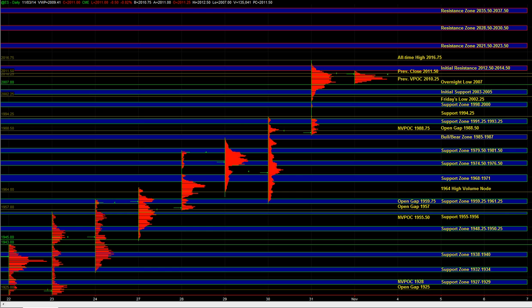On the downside, below the overnight low, we have support at 03 to 05, and in order for buyers to really remain in control, ideally we should not even break the overnight low, but the last line in the sand area is going to be initial support and Friday's low. If those levels get taken out to the downside, then the next key inflection point is 94 quarter, and we could be looking at an extended pullback back into 94 quarter and potentially even 91 quarter to 93 quarter, where responsive buyers can then be active,